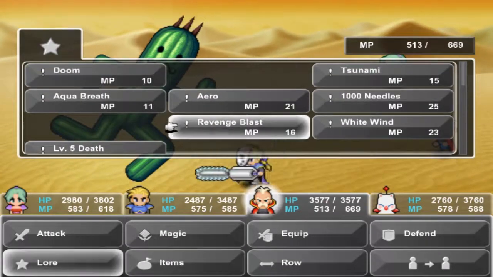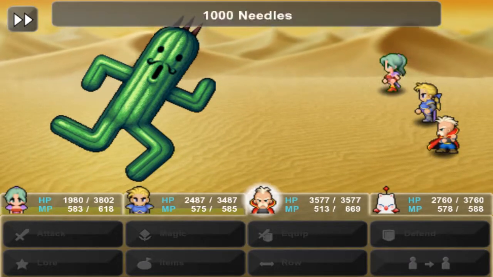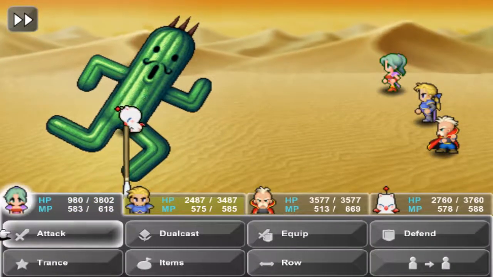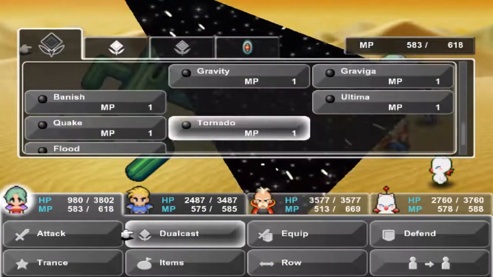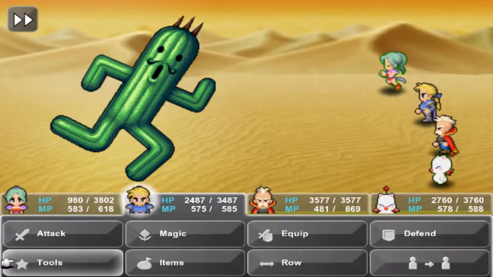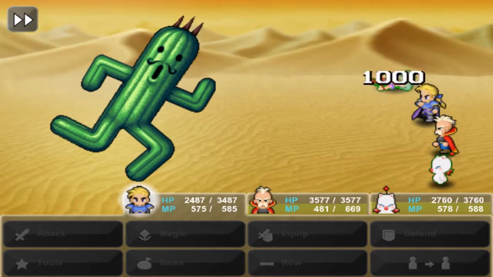What we're going to do here is Grand Delta. Yeah, he went for the one-hit kill, so it didn't do anything. I just don't like the 1,000 damage. That eats up your health too quickly. Right, let's heal everybody, and then we go for Ultima. Then Edgar can drill. When it gets back to Strago's turn, we're gonna...